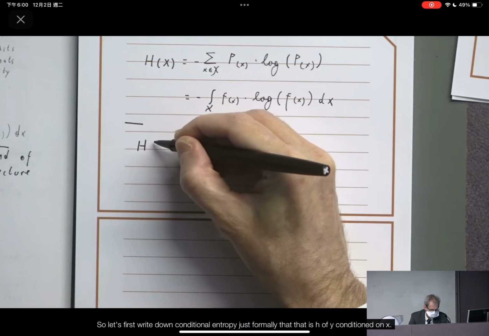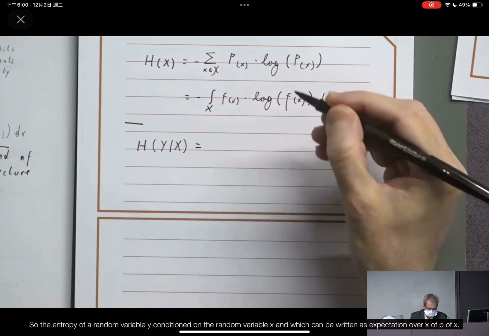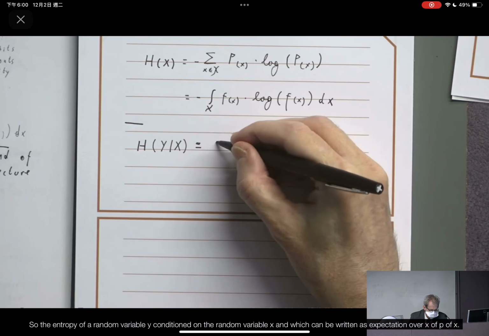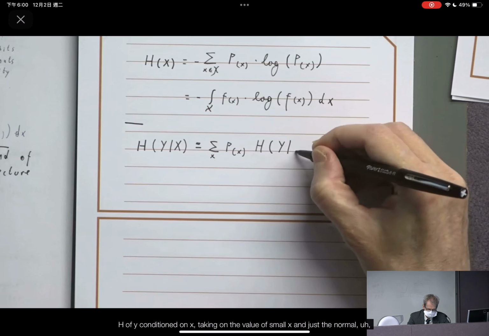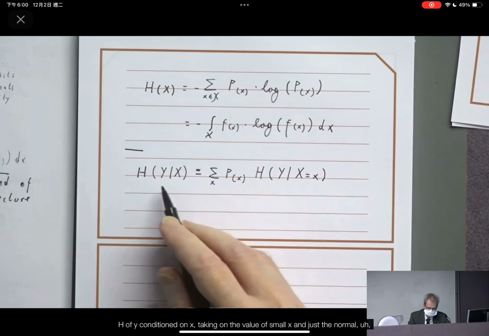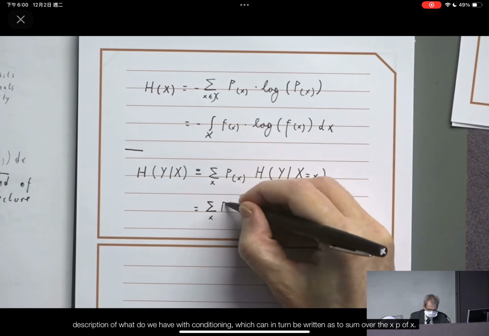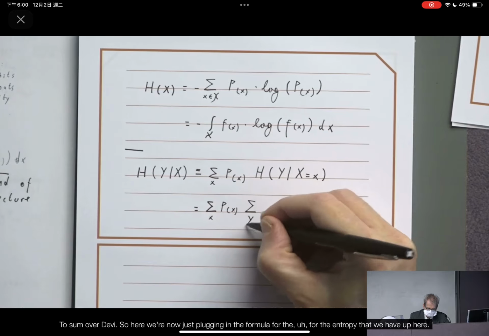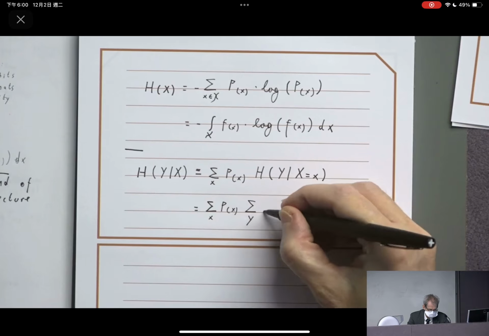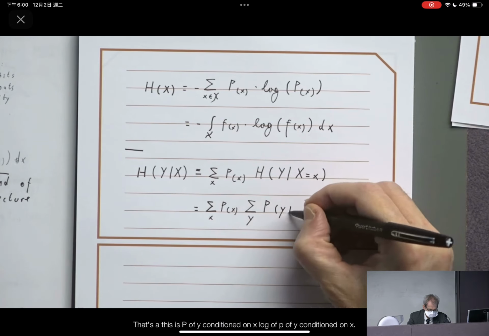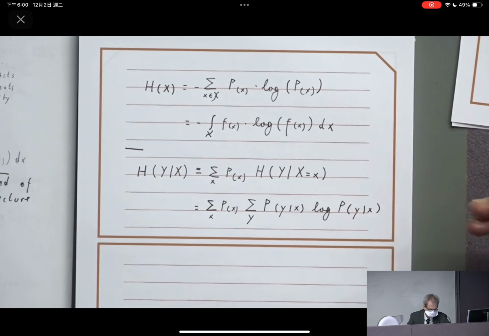So let's first write down conditional entropy, just formally, that it is H of Y conditioned on X, so the entropy of a random variable Y conditioned on the random variable X, which can be written as the expectation over X of p of x, H of Y conditioned on X taking on the value small x. That is just the normal description of conditioning, which can in turn be written as the sum over the x of p of x, the sum over the y. And here we're just plugging in the formula for the entropy that we have up here. And so this is p of y conditioned on x, log of p of y conditioned on x,